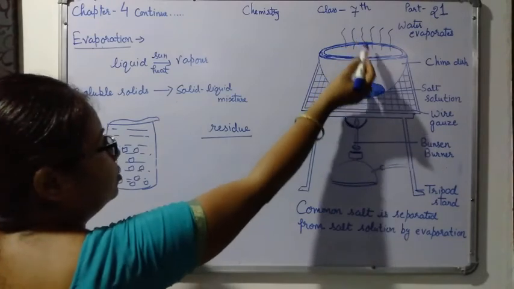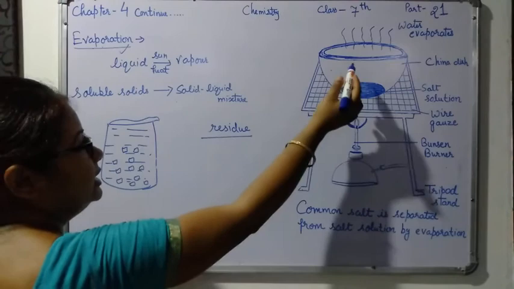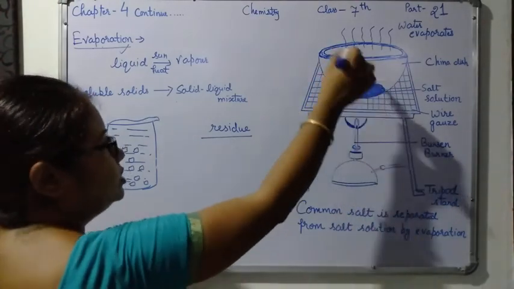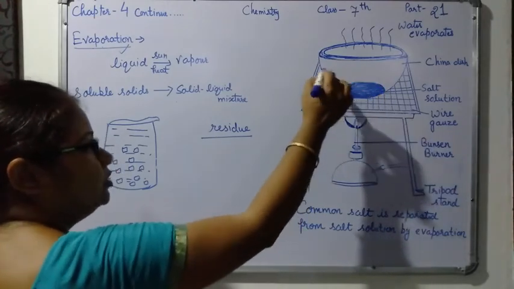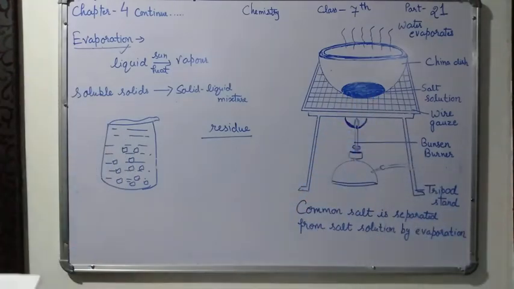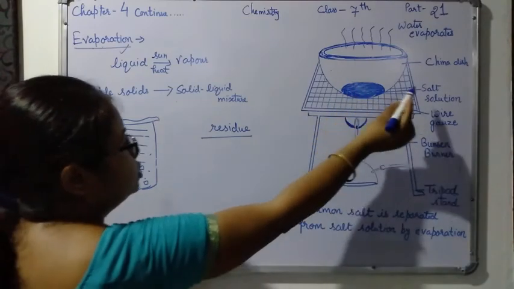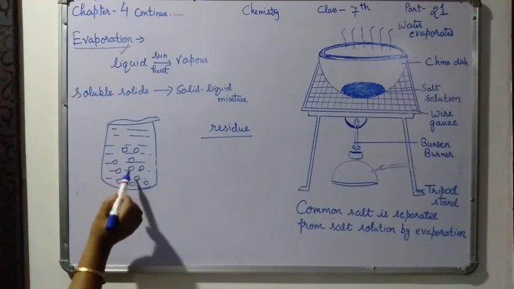So why is this water going up? Because of the evaporation only. When you heat water, it is evaporating and the amount of the water is going to reduce, and at last the whole water will be finished and only this white color substance will be left behind. So the white residue which is left behind after evaporation is the common salt. It is that salt which you had mixed here.